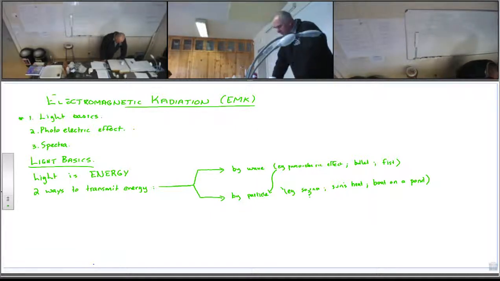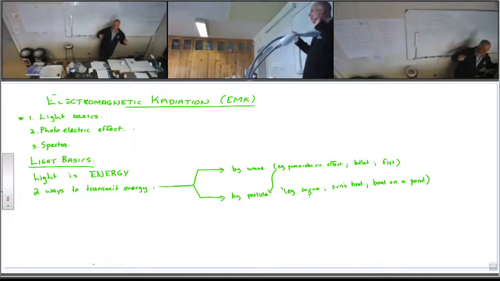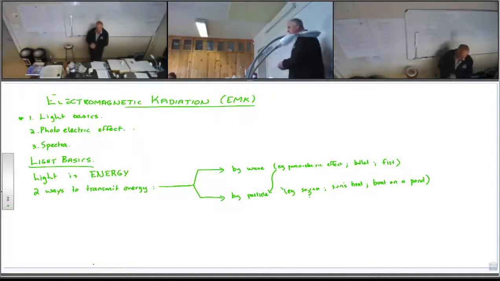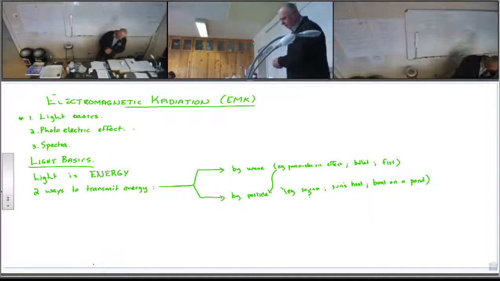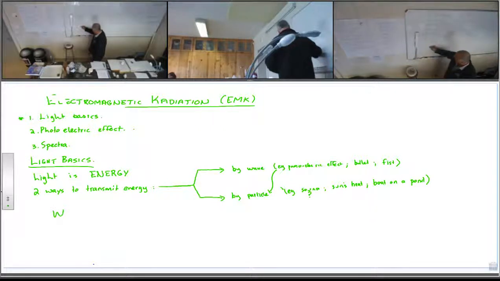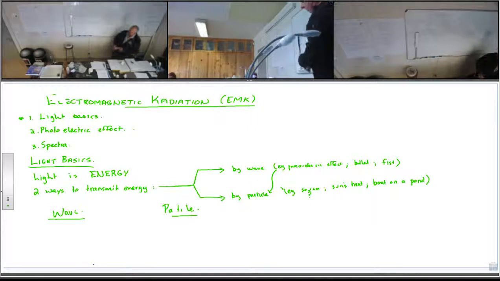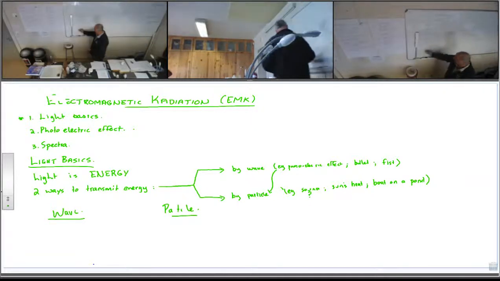Then, light. Next question there, third line. Is it a wave or is it a particle? On the left of the page, I've got a few things that prove, and notice I've written prove in inverted commas. Can you see that it's inverted commas? Those photocopies are not too clear, I'm afraid. But what proves that light is a wave? If we're saying that light is a wave, then we need some proof. If we're saying that light is a particle, we need some proof. And the proof of the fact that light is a wave is the fact that light undergoes